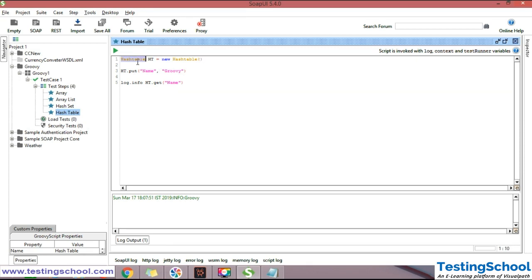So in hash table, I have created an object called ht, and I have added ht.put key value pair. To retrieve, we should use the get method and we should use the key, because this is the key, this is the value. Groovy is stored in name, in key. When we want to retrieve the value from the hash table, we should use the get method and the key. Like this,